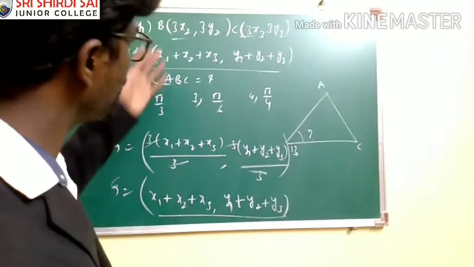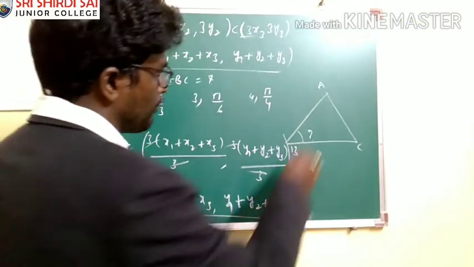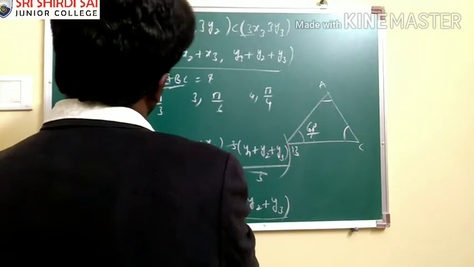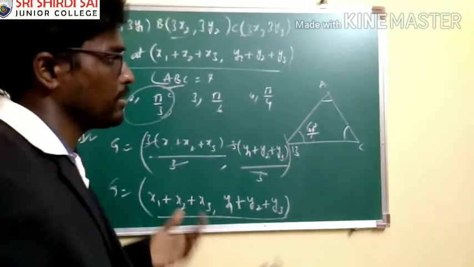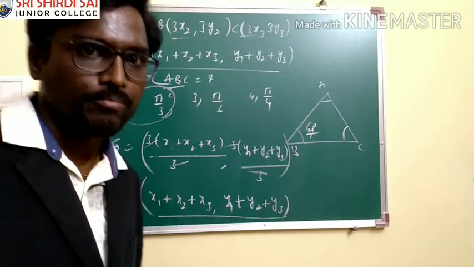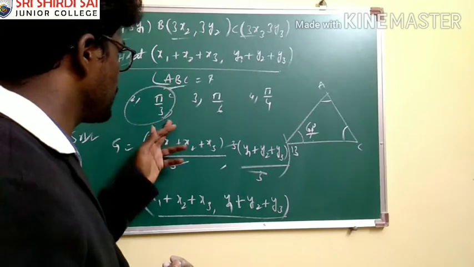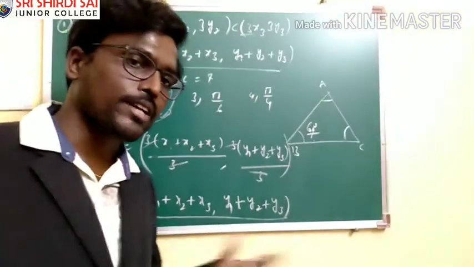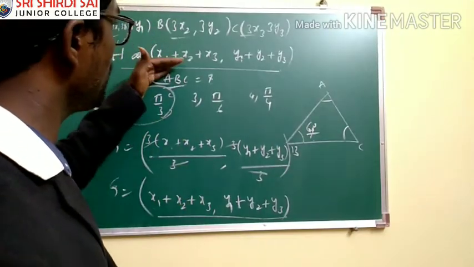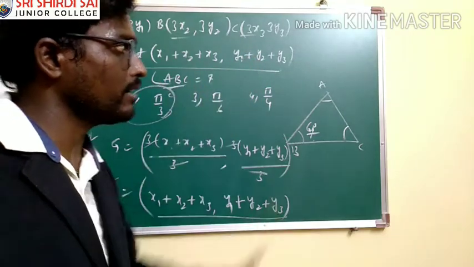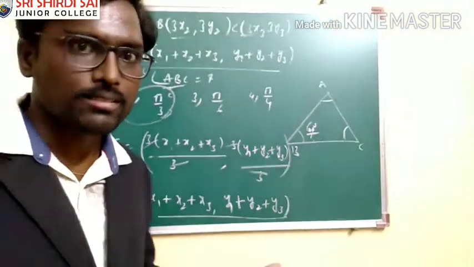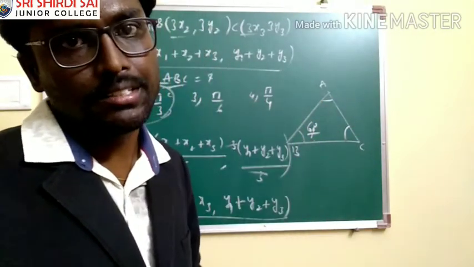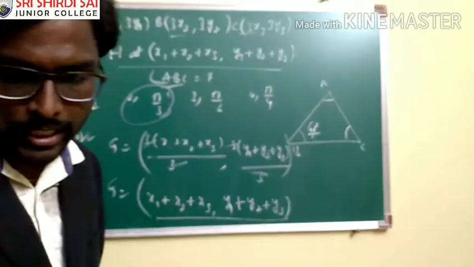Therefore, the triangle is going to be of the type equilateral, and hence every angle in an equilateral triangle is 60 degrees. So what is angle ABC? 60 degrees. Therefore, the required option is pi by 3, because pi by 3 radians is nothing but 180 degrees by 3, which will give you 60 degrees. This is a logical point here. You are tracing out the centroid coordinates, and that is going to be equal to the given orthocenter coordinates, so that you understand the given triangle is equilateral, and hence in an equilateral triangle every angle is going to be 60 degrees. How many? 60 degrees. Okay, fine. Let's go with the next problem.